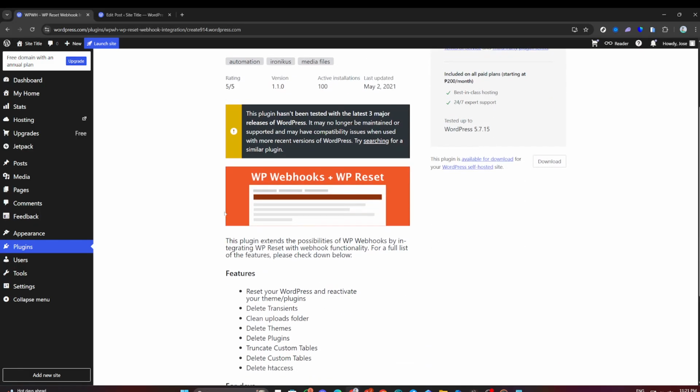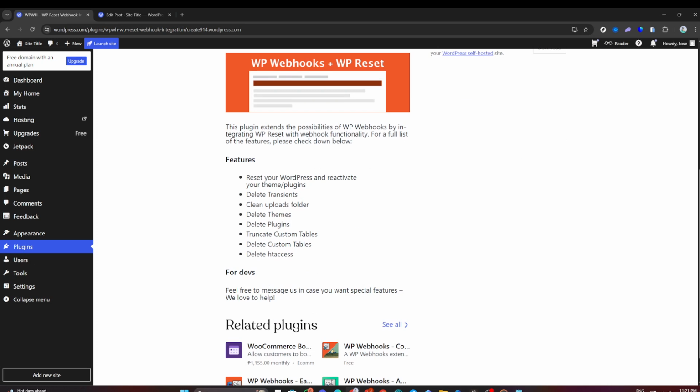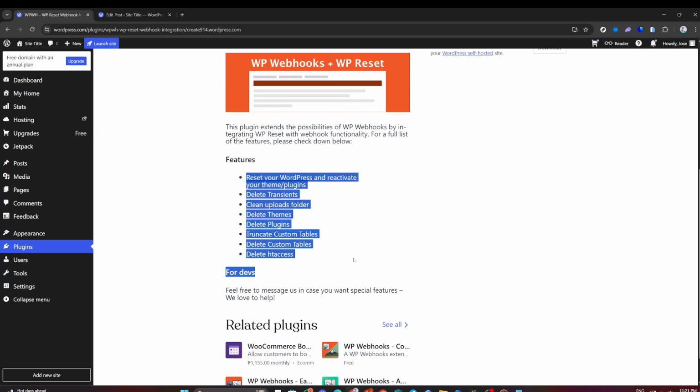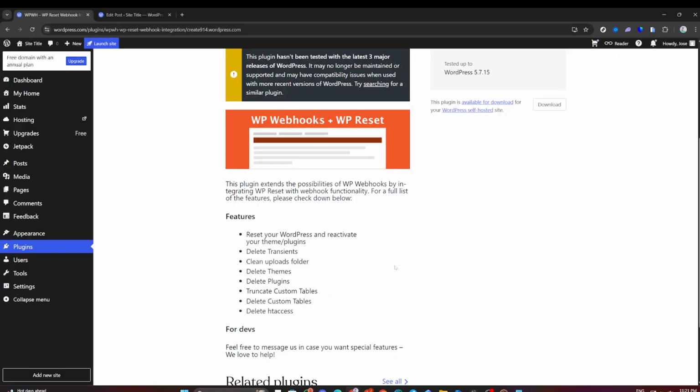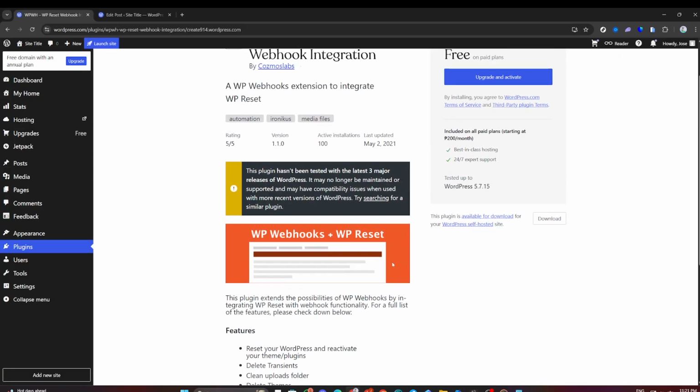After activating the WP Reset plugin, navigate back to the left side menu and find the Tools option. Hover over it to reveal a submenu, then click on WP Reset Settings page, where you will find options for resetting your site. On the WP Reset page, you will see a text box prompting you to type a confirmation word. Enter the word reset